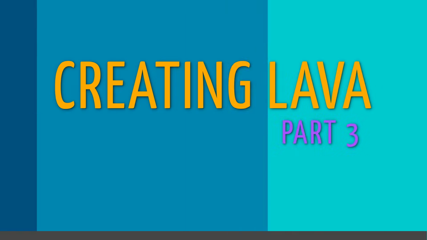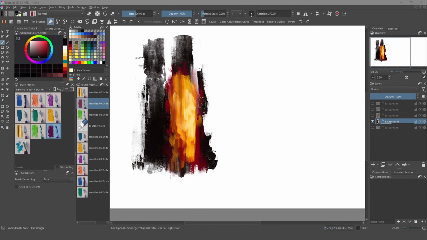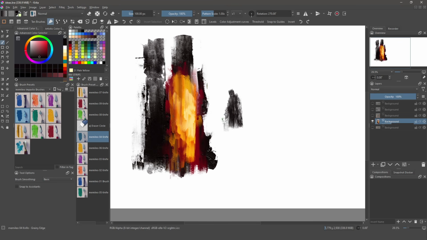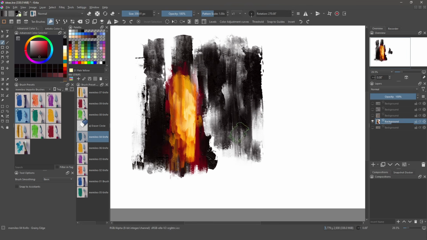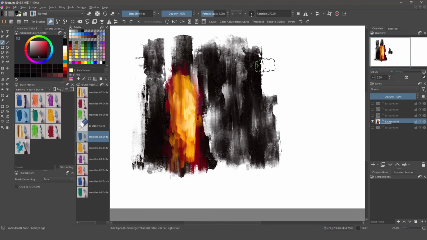Let's go with the third way of creating lava. As you can see, there is a super interesting texture that we can replicate really fast. If we go to this brush, by default, you get this behavior, and you can see the texture, but you don't see all the benefits of this. So if you increase the size, you start to see the texture better, and you can use it for backgrounds really fast